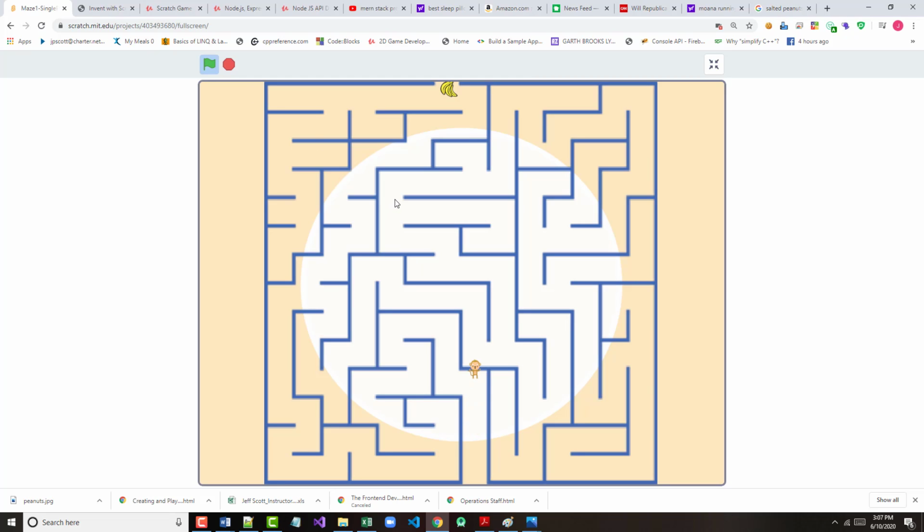So we can move them up. Notice we can still cheat this way. But now notice that when I'm here,